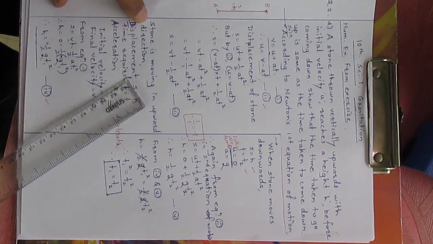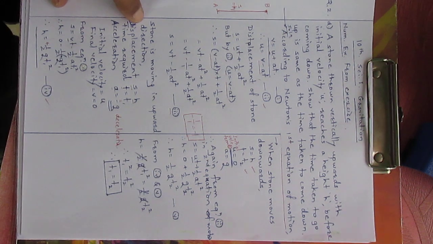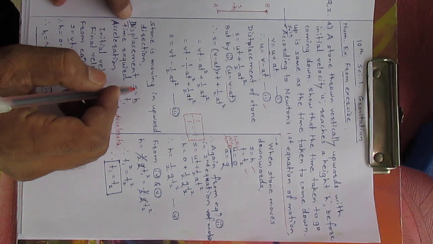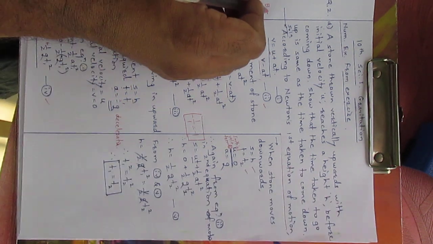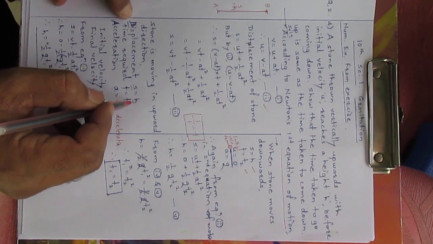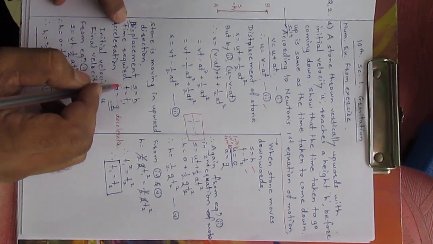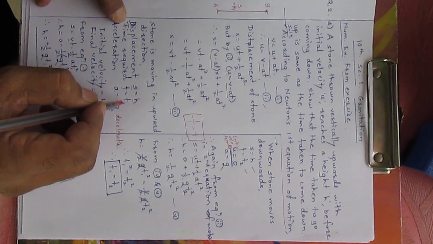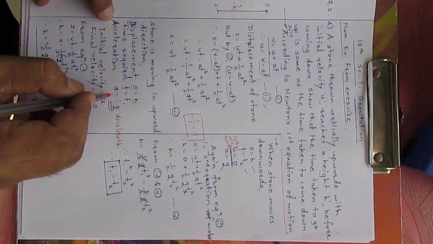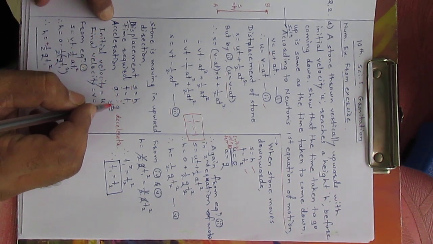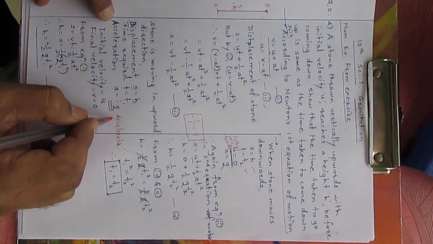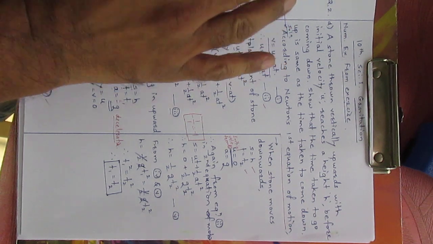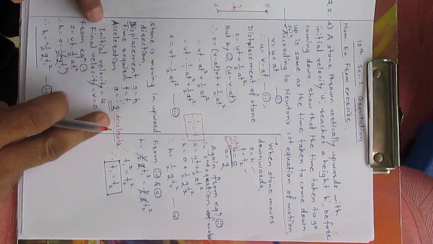Stone is moving in the upward direction in the first condition. Then there will be displacement s from A to B, that means h. s is equal to h. Time required to reach will be t, equal to t1. Acceleration will be a is equal to minus g. Minus sign will indicate the deceleration, as the object is moving in upward direction, that means against the acceleration due to gravity.